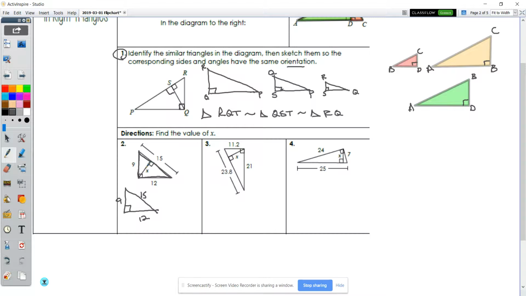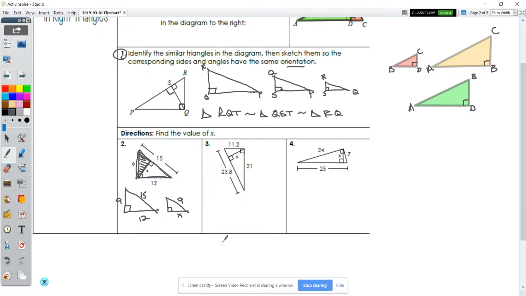Now I'm going to pick this smaller triangle. This one, let's go with this one on this side right here. See that one? So this triangle right here, and I'm going to flip it around so it's sitting the same way, facing the same way as the larger one. So in this one, notice the 2 legs here, the longer of the 2 legs is X. That would be here. And I don't know what this is because it's just part of this 15, but I do know that this